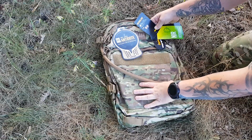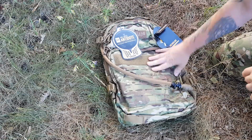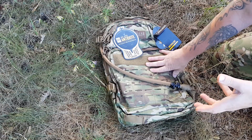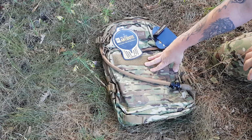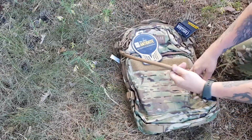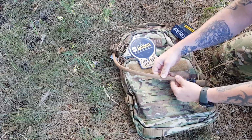Tags, lifetime guarantee, got your back, lifetime guarantee sticker. It comes in black, coyote or multicam, and this is multicam of course. It's got a 3 liter antidote long. It's 37 liters of load space, and then 3 liters of water. So all in all, it's 40 liters. And of course the hose is covered by neoprene. It's that dark earth kind of color,